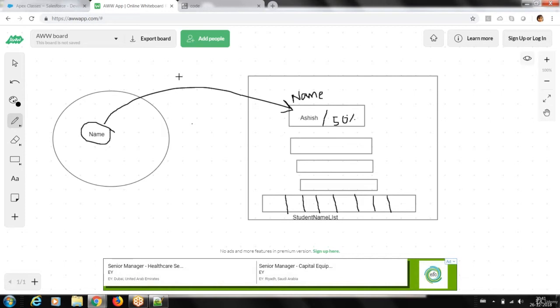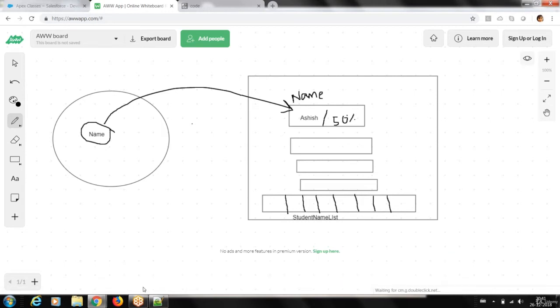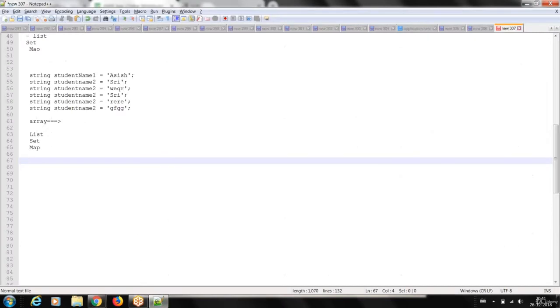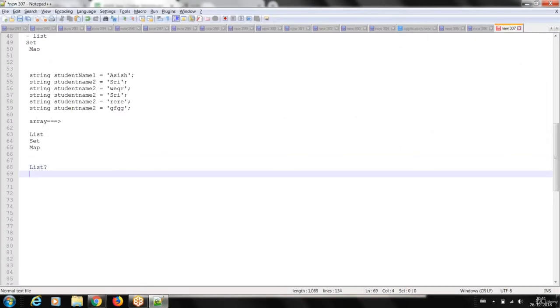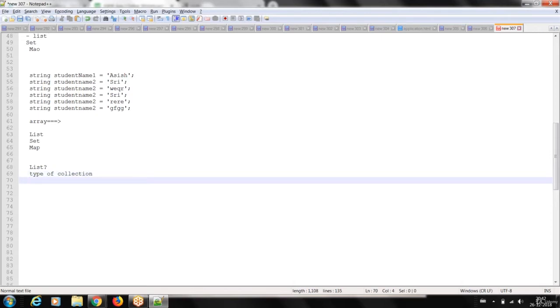Now I'm going to what is list in Salesforce and how we are going to use it. When I'm saying list, it's a type of collection in Salesforce. It keeps the same type of data, homogeneous data. If it is string, all should be string.